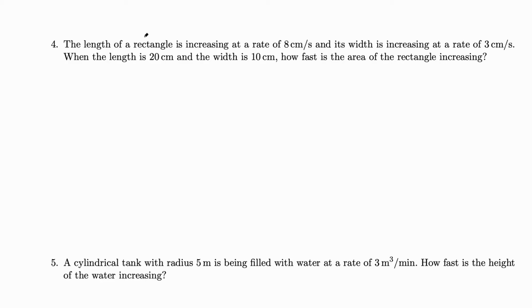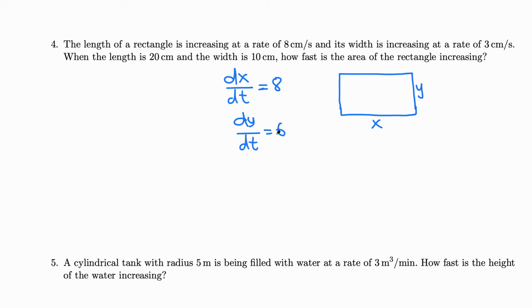The length of a rectangle is increasing at a rate of 8 centimeters per second, and its width is increasing at the rate of 3 centimeters per second. So we got a rectangle here. Let's say length is x and width is y. Length is increasing at the rate of 8 and width is increasing at the rate of 3